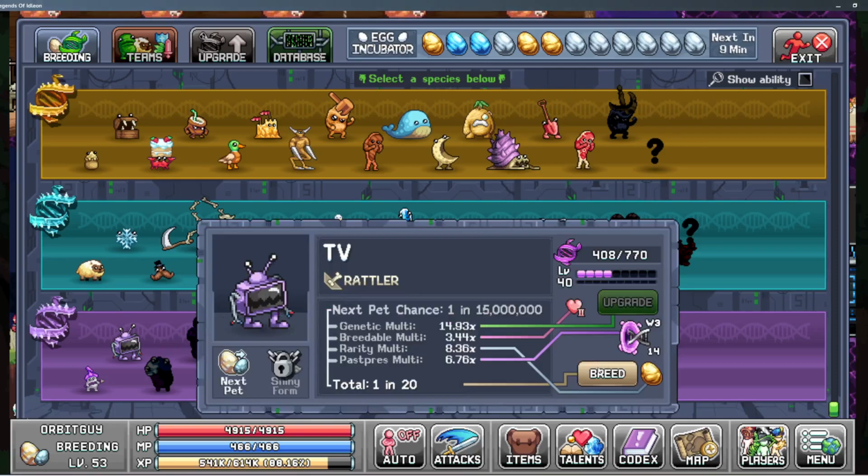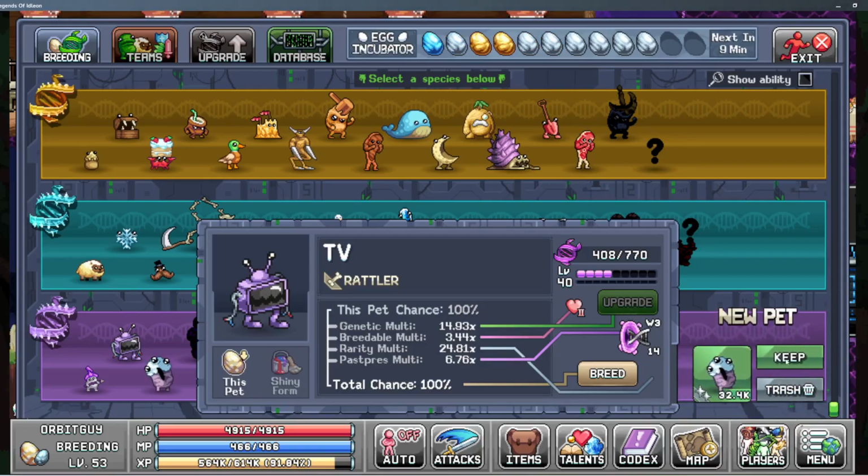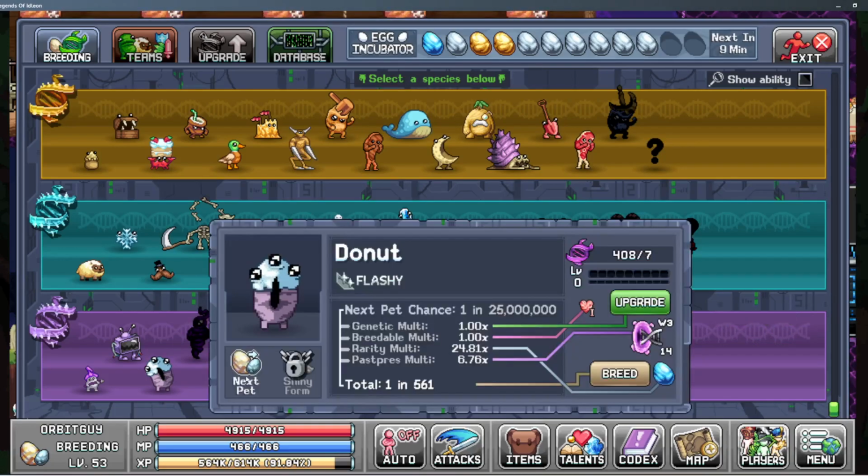I'm going to try and unlock some World 4 pets. Let's see what we can get. We are on the TVs, and I have some platinum eggs, and there you can see I got the donut pet. There we go. We can upgrade this one as well, but the big problem is I'm missing the breedable